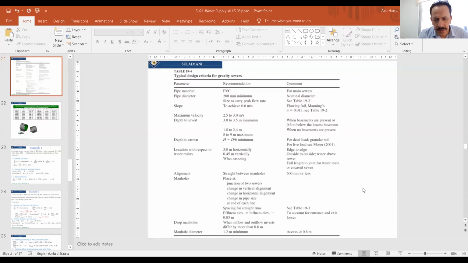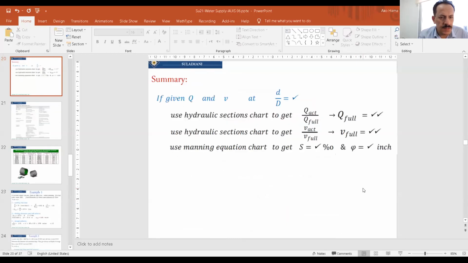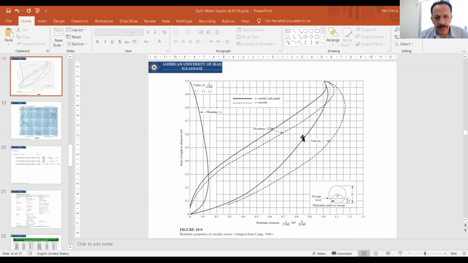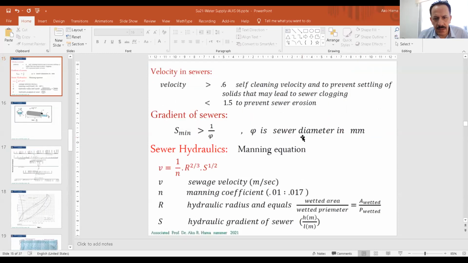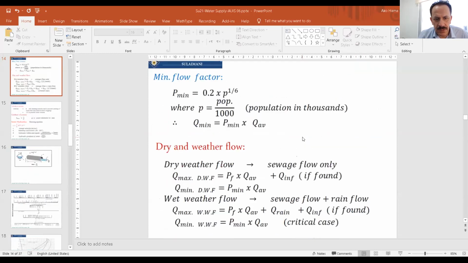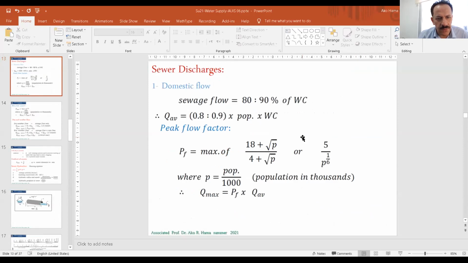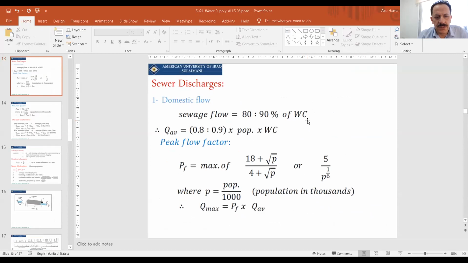Good afternoon. Today will be the last session of chapter 6, and today we have all the theory about the sewer design, and this is a quick review. We have the flow. We have to estimate the maximum flow, which is equal to the average multiplied by the peak factor. Here is the peak factor, either one of these two numbers.